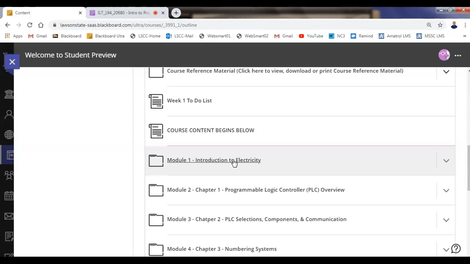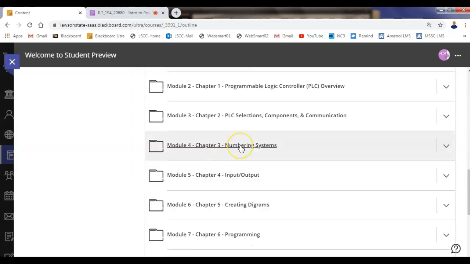Since we're going to be virtual for this class and the next class, next week we'll go directly to the next thing. We'll skip down to chapter 3 in the textbook, and we'll look at numbering systems. There should be enough information in the PowerPoints plus what we do during the lecture to get you past this unit, even if you don't have your textbook by then, and it's highly likely that you